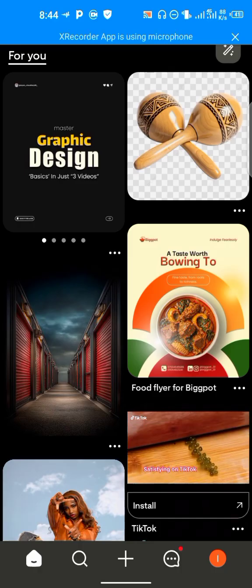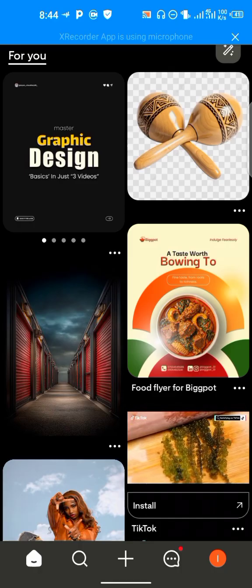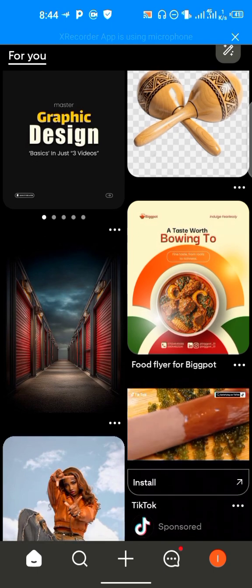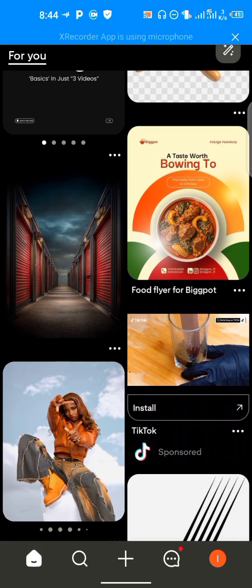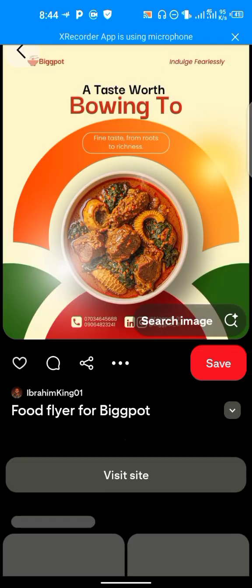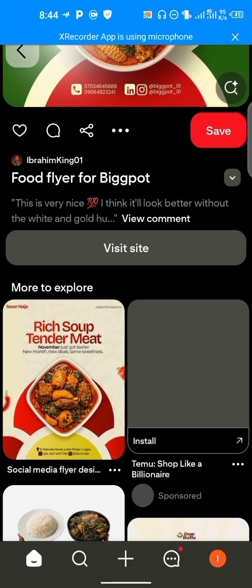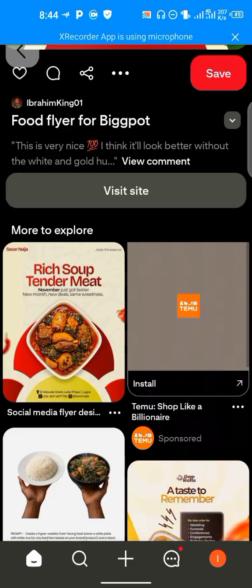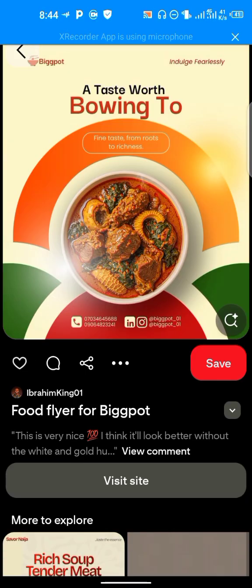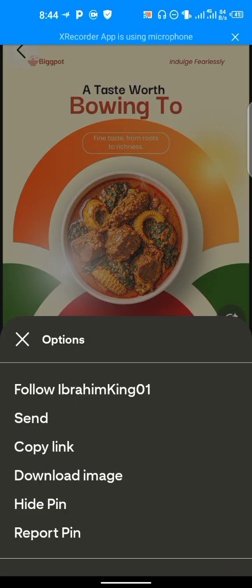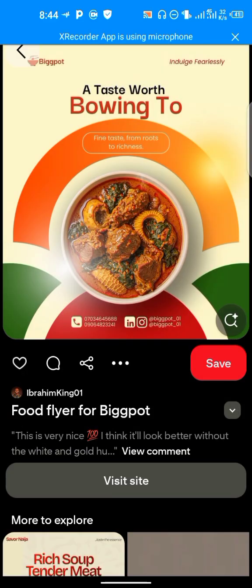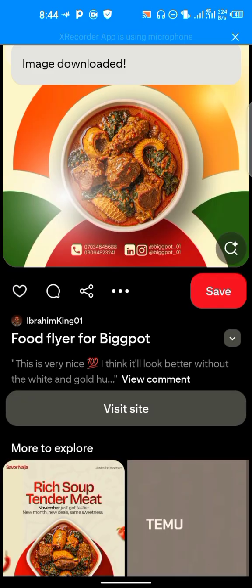What am I going to search for right now? Okay, let me see if this will be possible. So I will work on this particular design. So let me download it. We're going to work on it, but we're going to use a different image altogether, but still the same design. So we've downloaded it. So let's quickly rush to